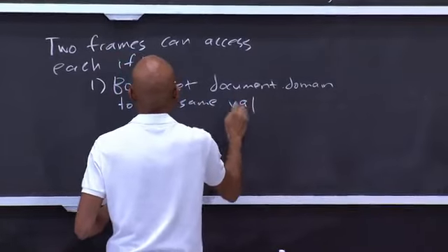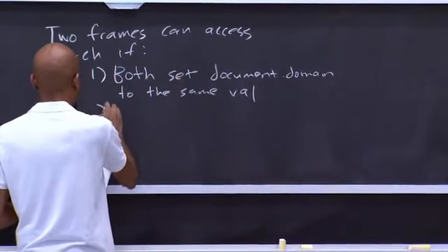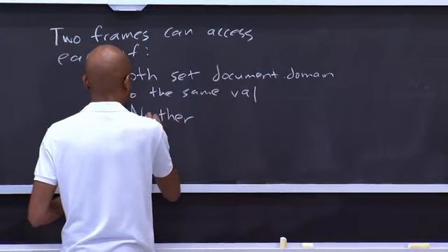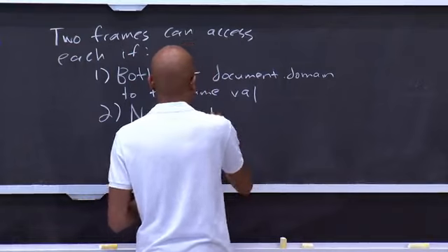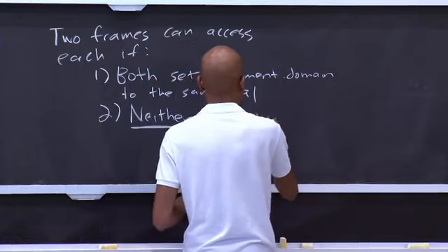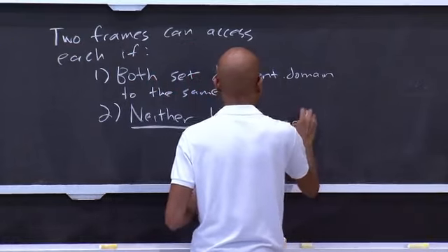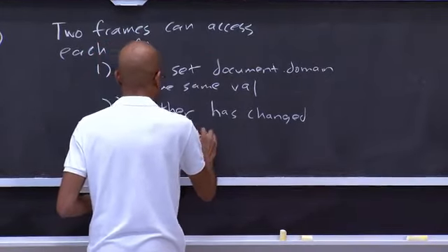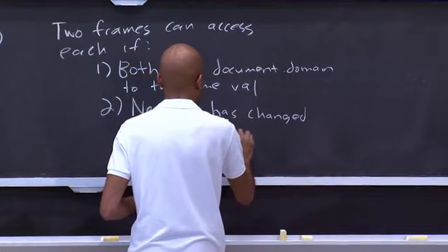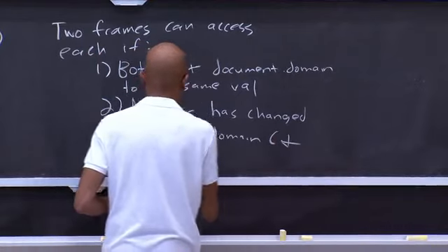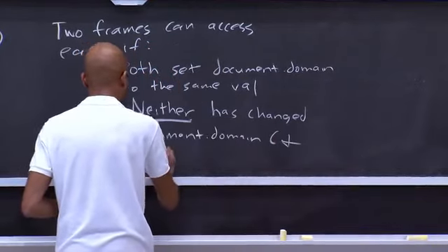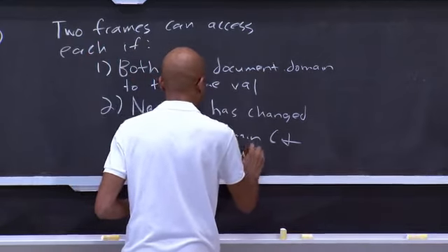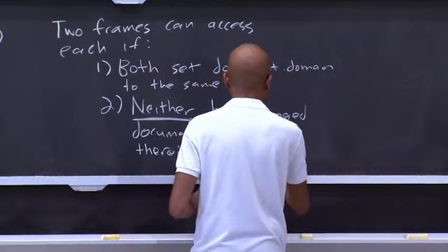And the other way that two frames can access each other is if neither of those frames has changed document.domain. And of course, both values have to match. So the reason for this is a bit subtle,